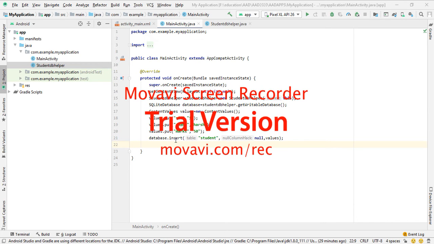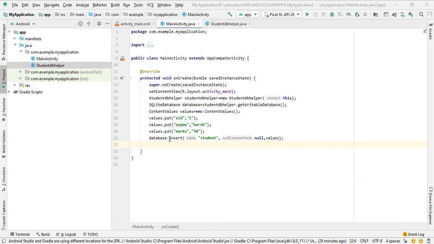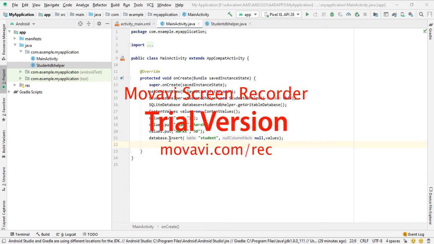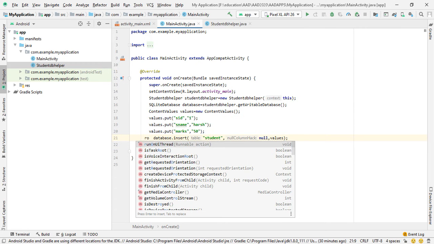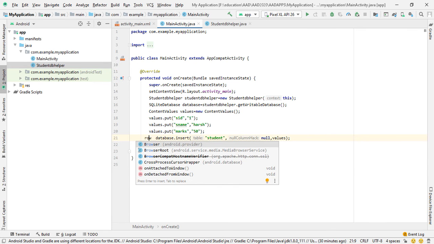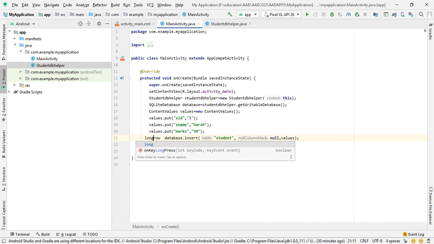Now this database.insert method will return the row ID of the last row which is inserted. For example, suppose we insert 5 records in the database, so this db.insert method will return the 5th row. Now we store this value in one variable row and declare this as a long.